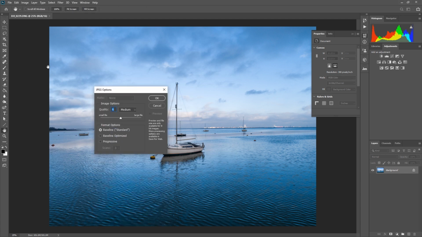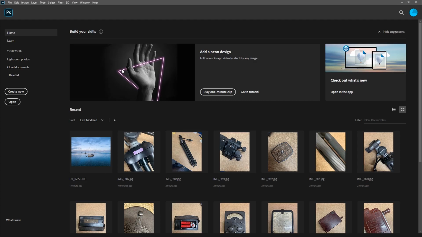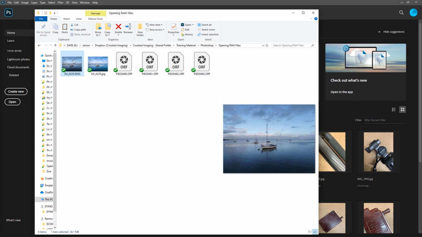It's going to ask us file quality, so large file, best quality. Hit OK, and we've saved the picture. Now if I close this, it's now asking me, do I want to save changes? I don't, because we've already done that. If I then go back to the file manager, you will see that we've got our DNG file, so our raw file, we've got our JPEG file,